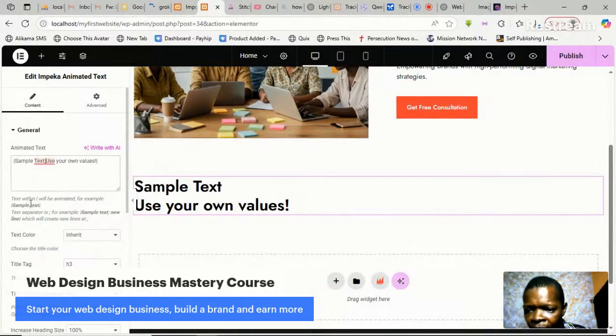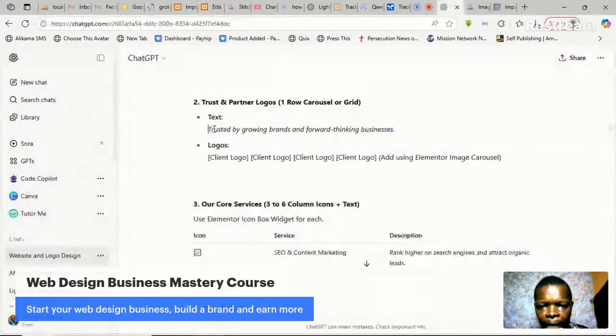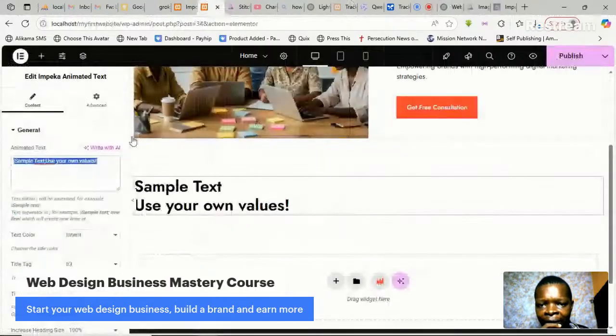Read what is here. Text within this will be animated. For example, this and this will be there. Okay, so what do we have here? Trusted by growing brands. Okay. We have not even written that. So let me write